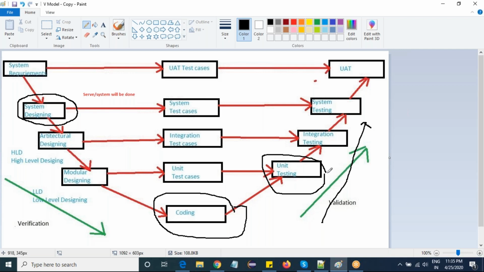It is nothing but a filter-type condition where we stop the major defects at unit testing only.